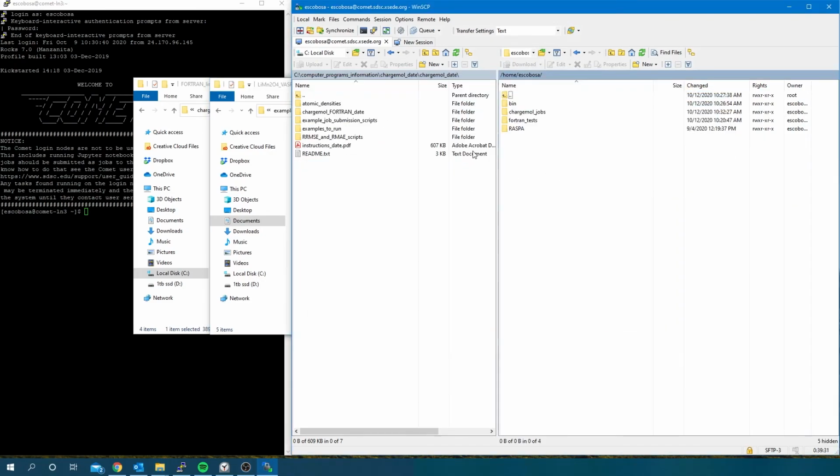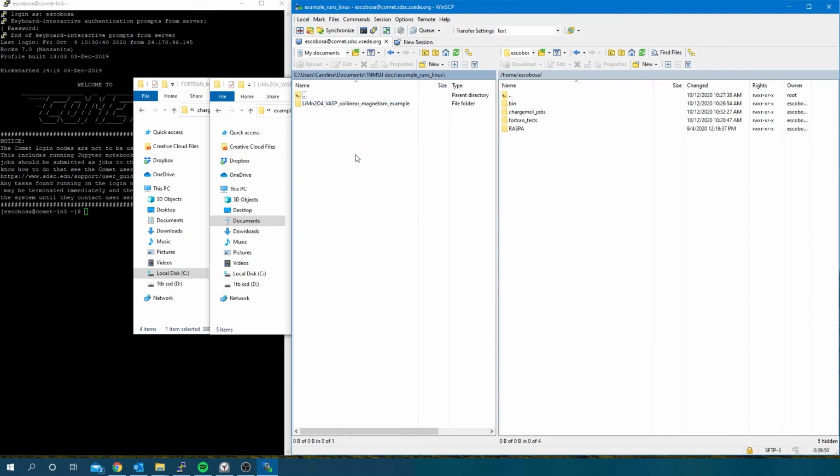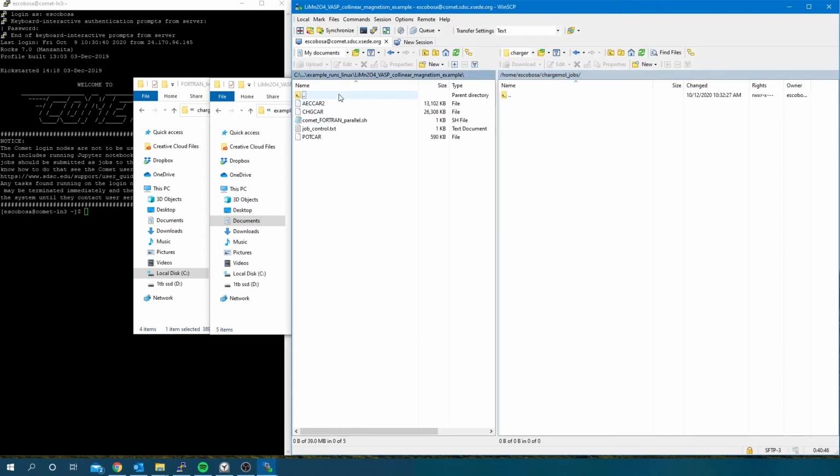Now, navigate in your computer files until you get to the location of the newly created example with the input files. Open one of the BASP input files to check the transfer settings, and drag the folder to the new directory in your Linux cluster home. Mine is called chargemol_jobs.